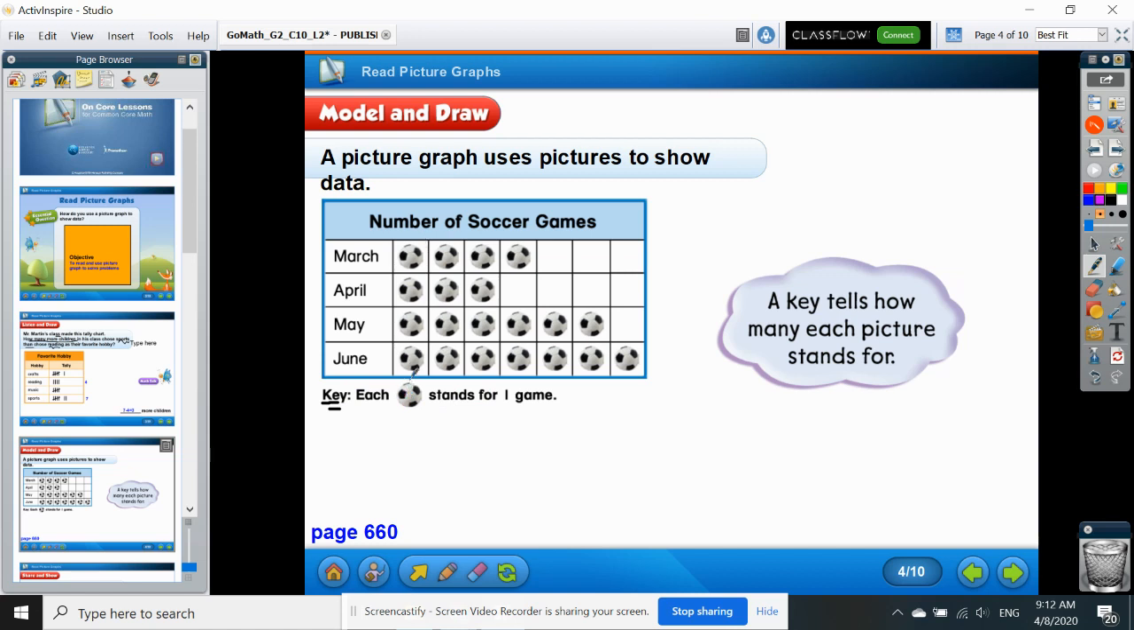It says that each ball picture stands for, represents, or shows one game of the soccer game. So I can count 1, 2, 3, 4. It's correct because each one represents 1. Sometimes it shows, for example, 2. So you have to skip count by 2: 4, 6, 8. But now for this example, it's just 1. So again, a key is very important. It tells you how many each picture stands for in our picture graph, right? So now,